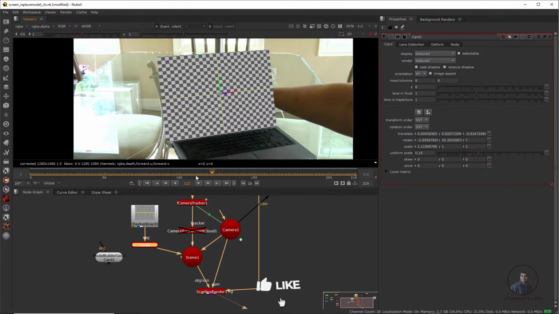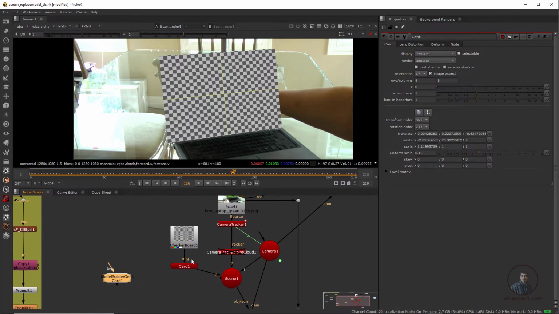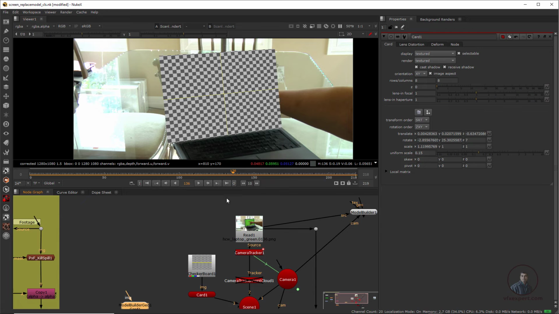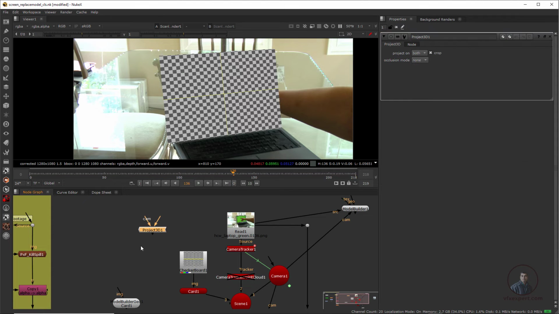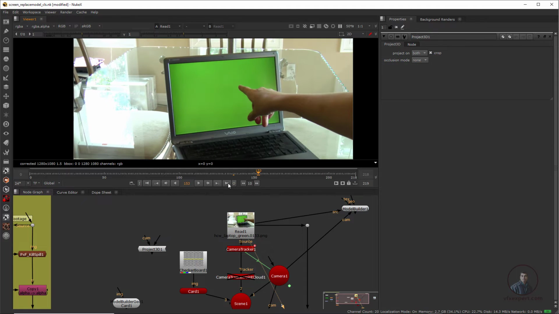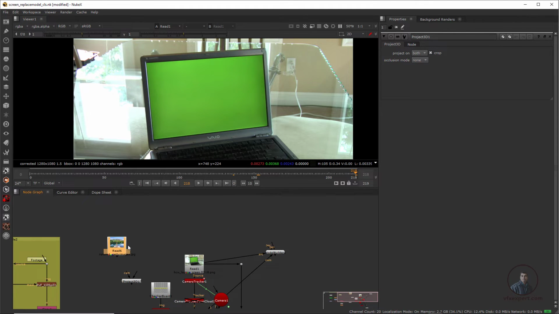So now after this, because we have to replace our screen, here I am going to use a projection technique for replacing these screens here. So for this what we have to do, simple, we have to take a project 3D node here. So simply press tab and type project 3D node and take the project 3D node. So here this is our original shot here. So guys, on our last frame I am going to project over these screens here. So which screens you want to place on our monitor here. So here I have this footage, this one here.